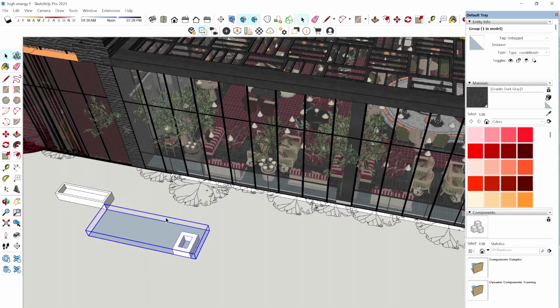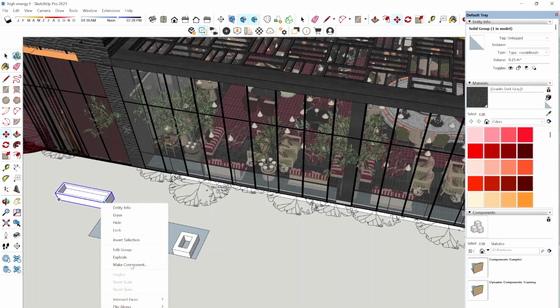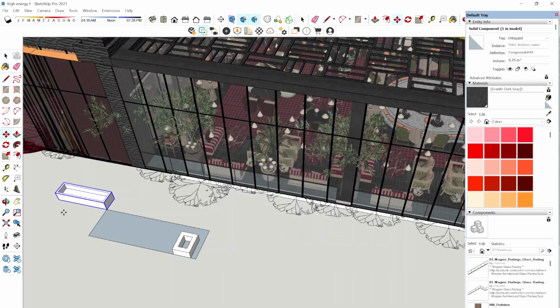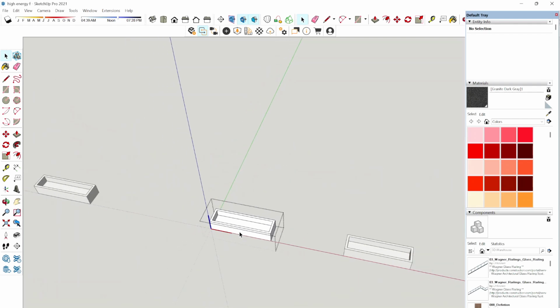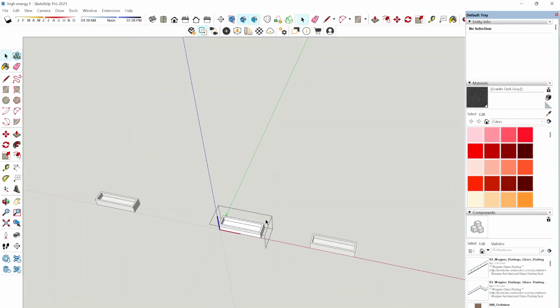Now, what is a component? If I want to place this planter 10 times or even 3 times, I would rather make it a component than a group. I can make it first a group and then I will convert it into a component. Reason, if I change one planter's detail, for example, if I'm placing it thrice and I want to detail this planter out and create a border for it, I do not have to create the planter again and then copy paste it 16, 17 times again.